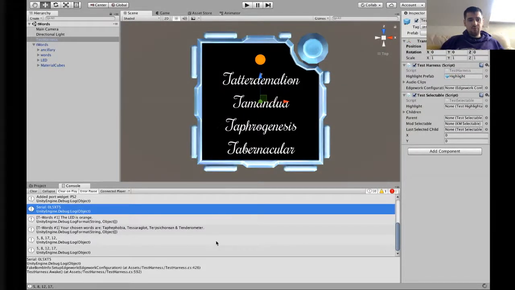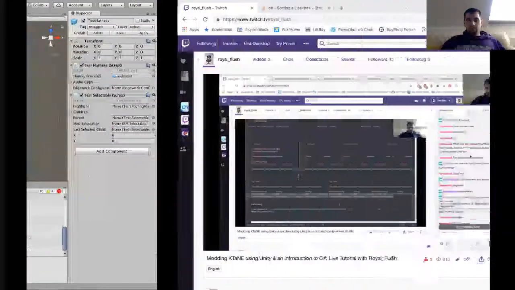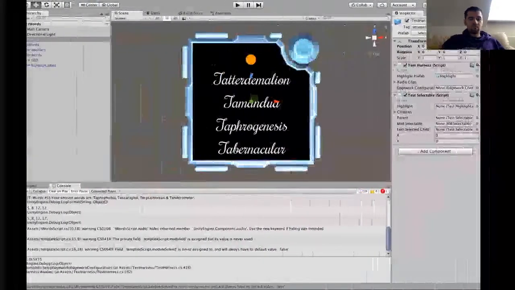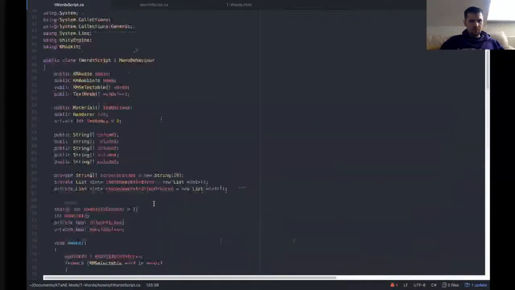Okay, so we now know which order they're going to be pressed in. They're going to be pressed in the order of this here. So I've now got to think, how do we want to implement that into the button? We set up the word arrays, we've determined the order, so now I've got to program the button pressers. We've determined the correct order of those words. It's in this order. So we're going to create a